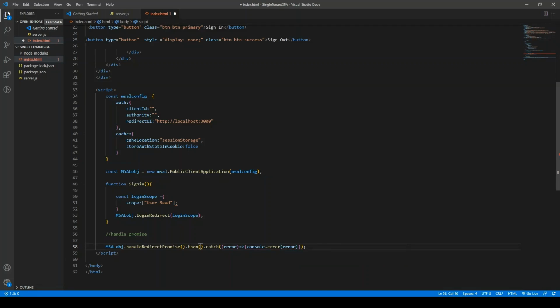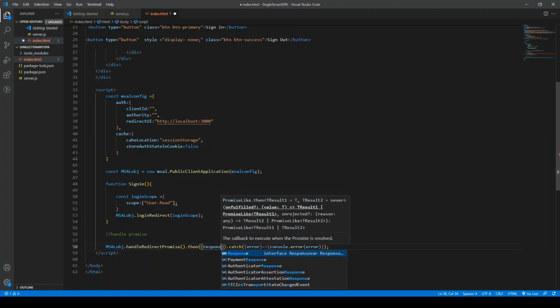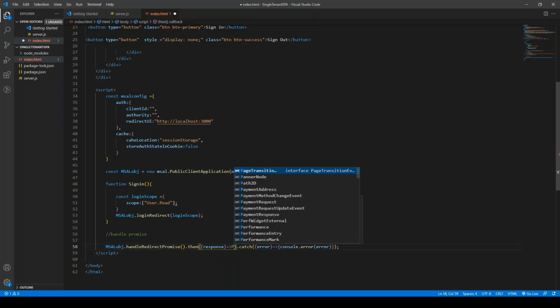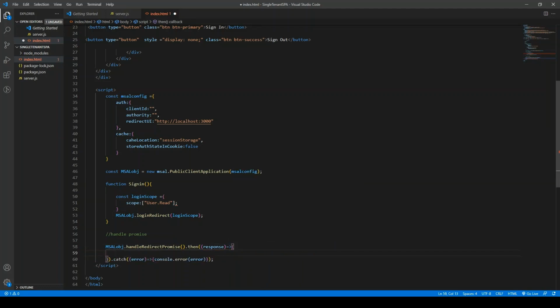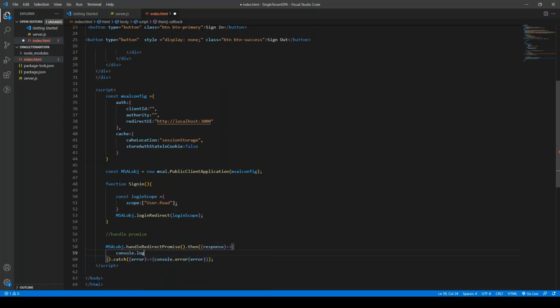And in then, if Microsoft is returning any response, then we have to handle that response. Let's just console log it for now. Save it. Now, next I'll go to the Azure portal and we'll create the application.